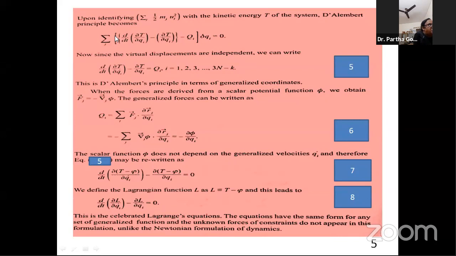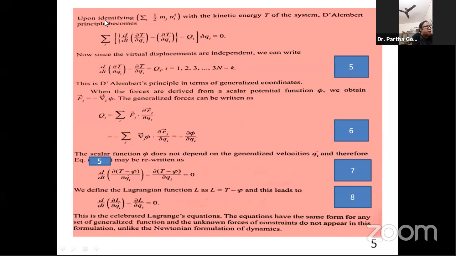This is equal to Qi, where i goes from 1, 2, 3 up to k. So this is D'Alembert's principle in terms of the generalized coordinates. I'm recalling that the force is the gradient of some scalar potential. One knows this definition. So the generalized force Qi could be written as minus del phi by del qi, and this generalized